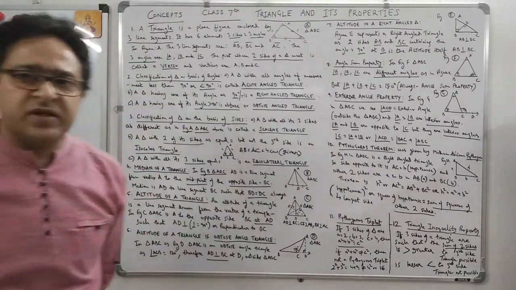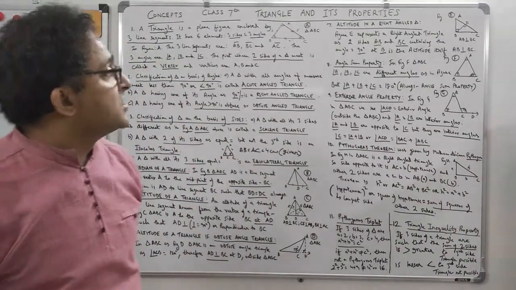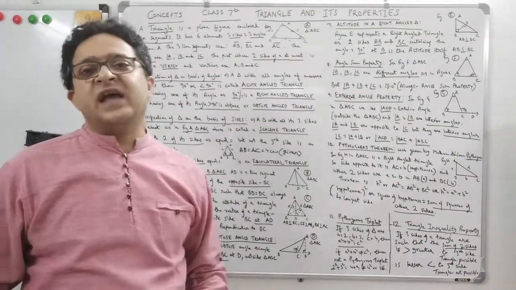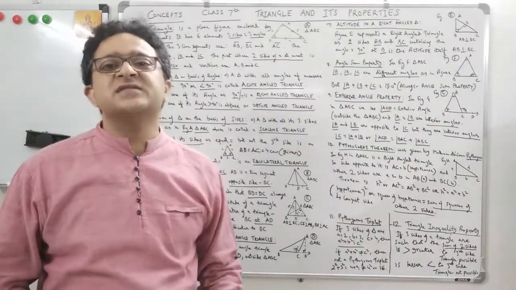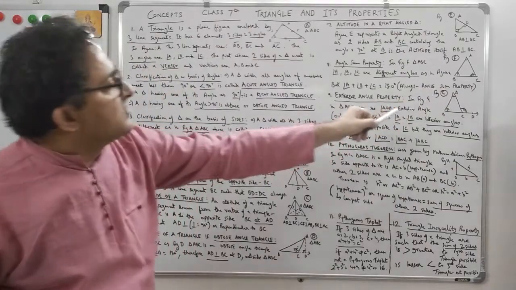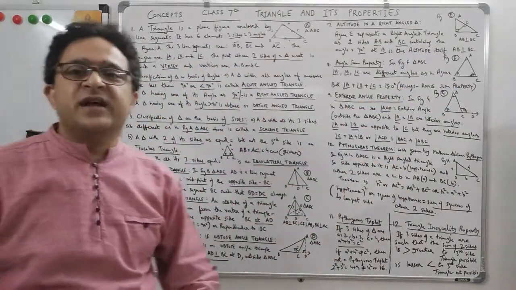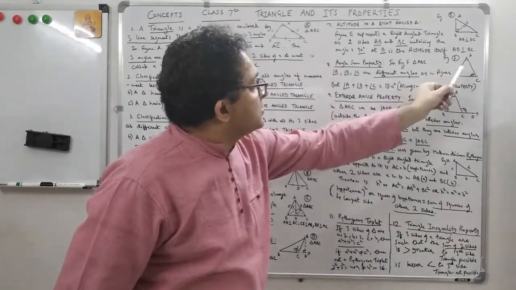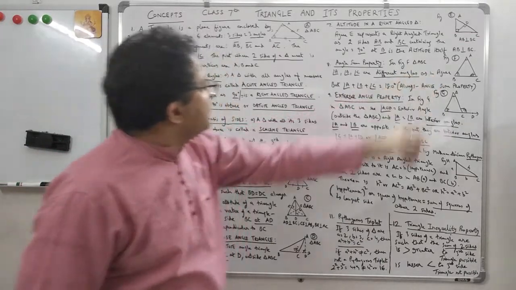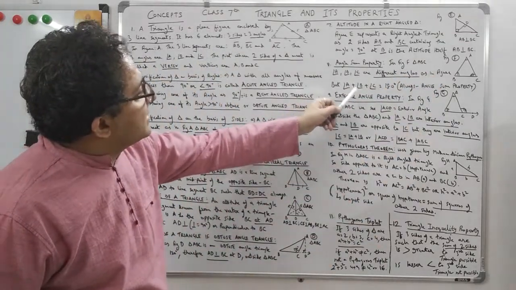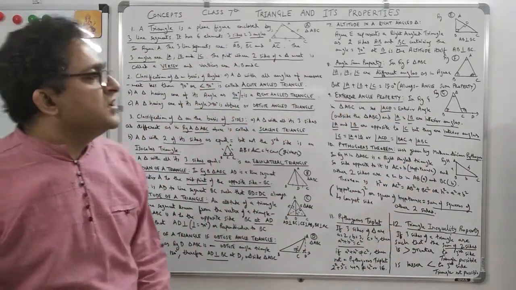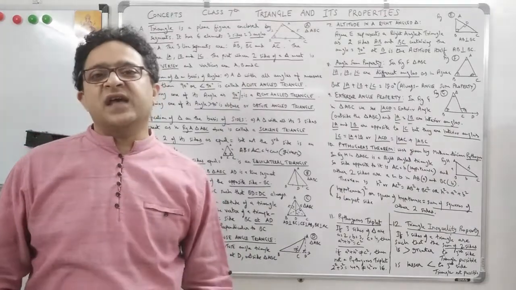Now the eighth concept here is important for you for this chapter, the angle sum property. Most of you must know that the sum of the angles of a triangle is equal to 180 degrees. This is simply the angle sum property. In figure F, you see ABC with three different angles. We don't know the angles, but they are different. This is how you denote them: 1 arc, 2 arcs and 3 arcs. So A, B and C are different angles as in figure F, but angle A plus angle B plus angle C is always equal to 180 degrees. This is the angle sum property. Their sum will always be equal to 180 degrees.